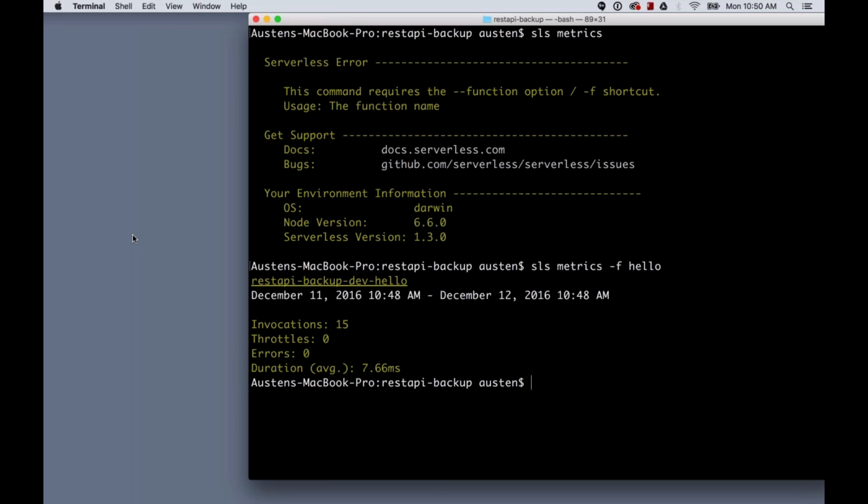Number 5, when you invoke locally, what happens to your attached resources? DynamoDB. Sorry, my chat box keeps going up and down. What happens to your attached resources? So when you invoke locally, you're still going to work with the resources that are deployed. So we can't emulate every single AWS service locally. That is a daunting task.